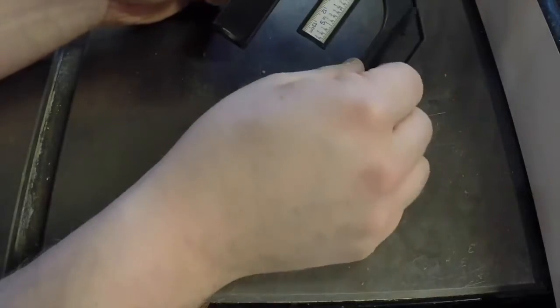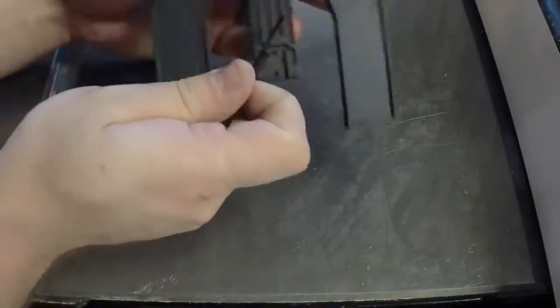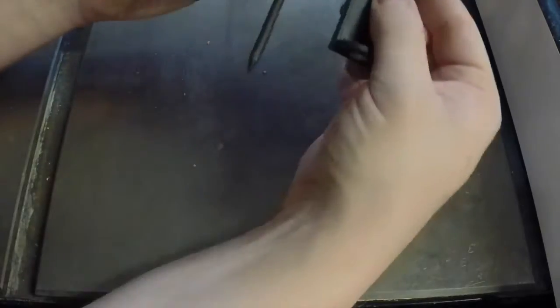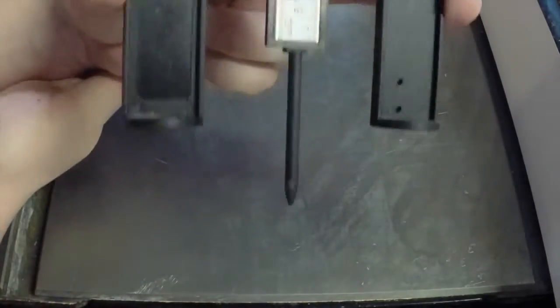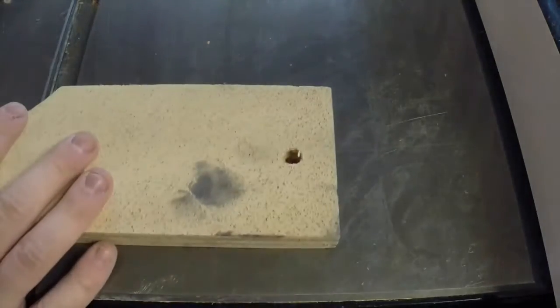is this piece that stores neatly here on one of the legs. You can flip the tool over and lock this onto the ruler. Then what you have is a height probe, effectively. So you can set this on a piece of material,